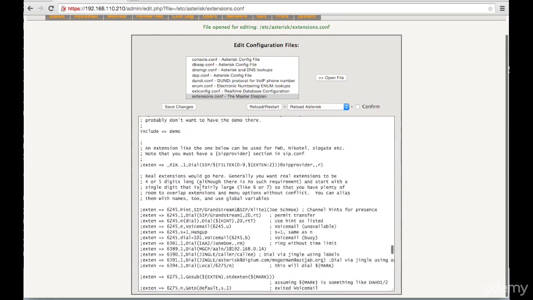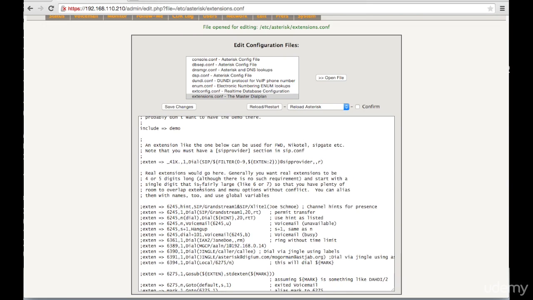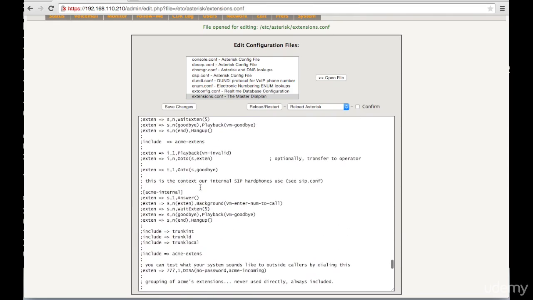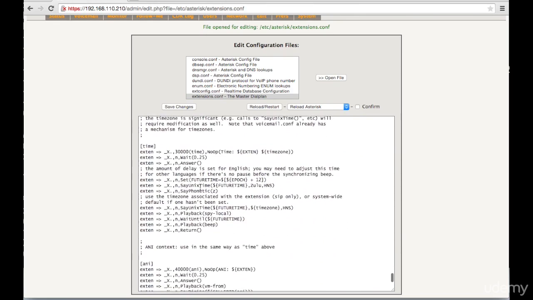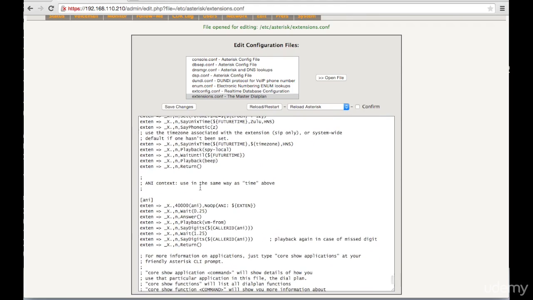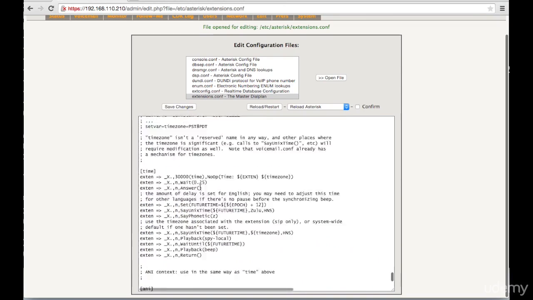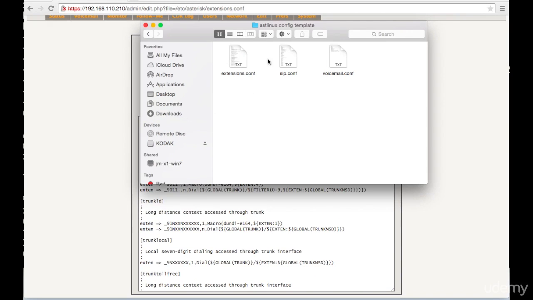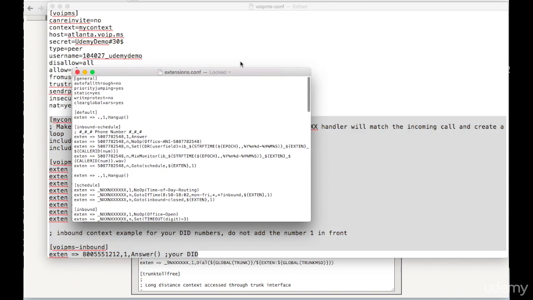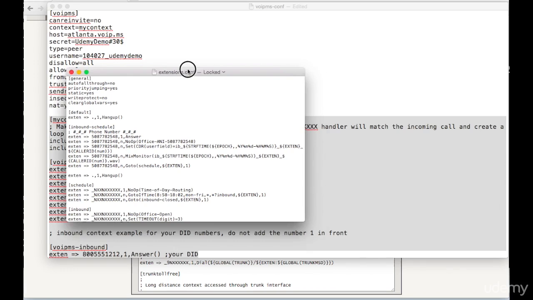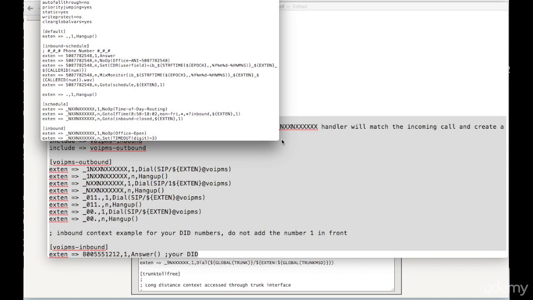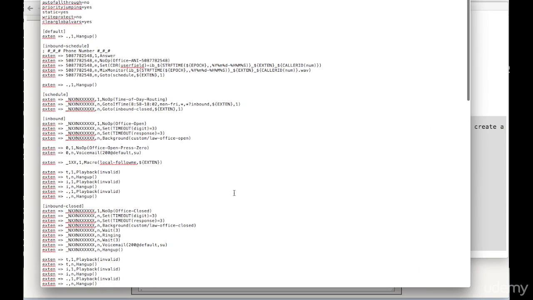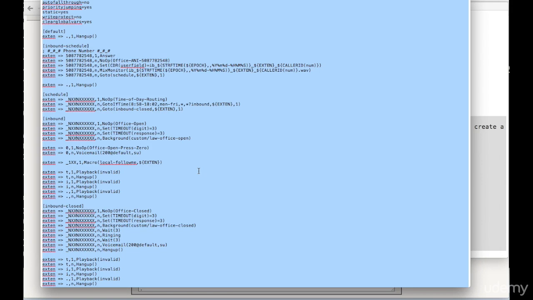So in here, what is showing right now is the default config, and we don't want to use the default config. I would rather replace it with a config that I've built. So I have attached some template config files, and I'm going to hop over to where they're located for me. So I have the extensions.conf, SIP, and voicemail. So I'm going to open up the extensions.conf first, and we can see that here. And so I'm going to select all of that